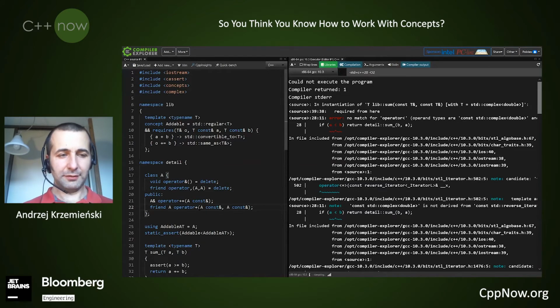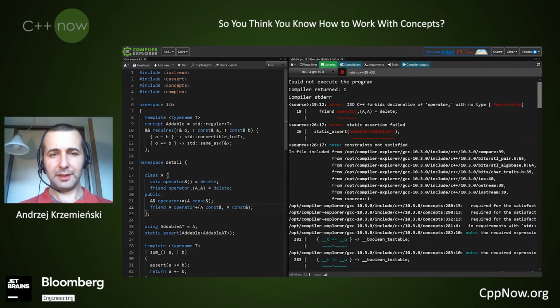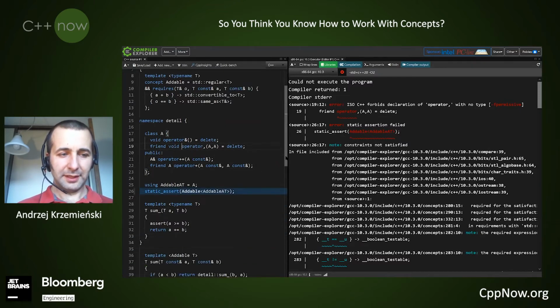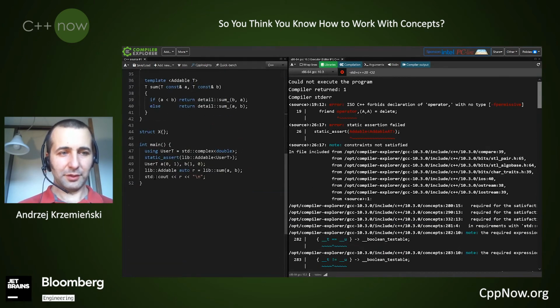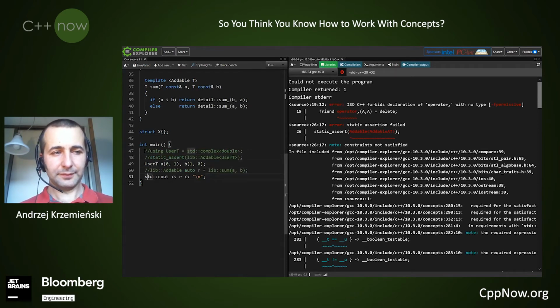And let's check if we have implemented our concept. No, we haven't, because I forgot to return something here. We can now also comment out the previous error, which obviously will not work now. Well, that one will work actually.